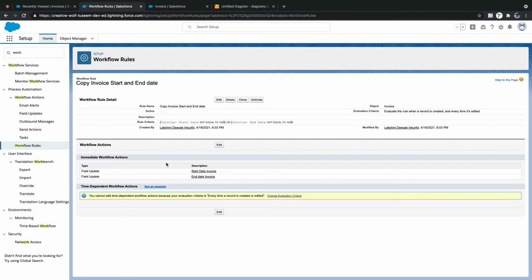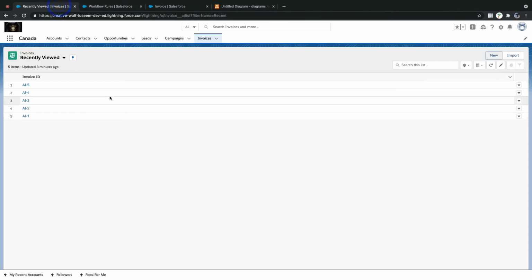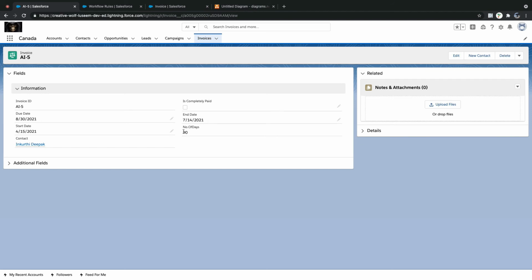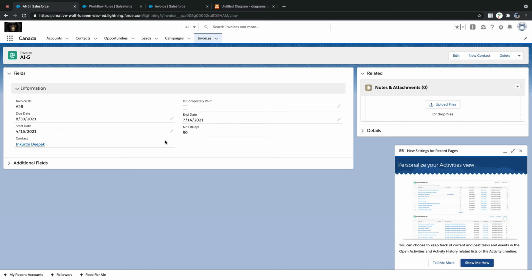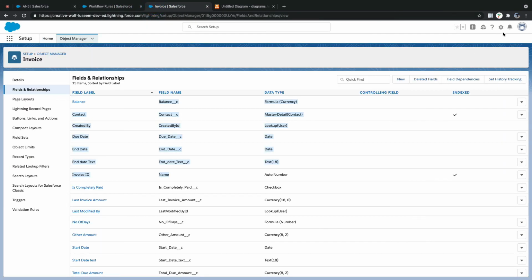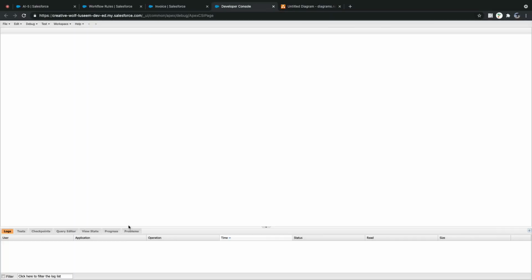All we are trying to do is, whenever you enter your start date and end date fields, automatically you are cloning these fields to text fields which we created for the backend. Those fields are not visible on your page layout, but those fields are available at the backend. So what does it mean? Let me go to developer console. This is like a query editor for us. Like a database query editor.